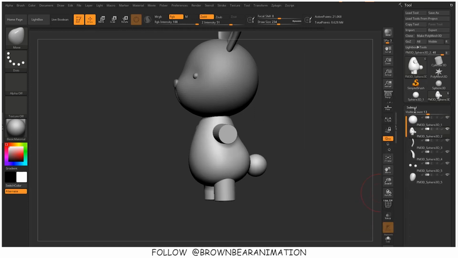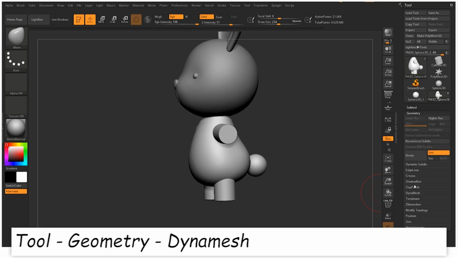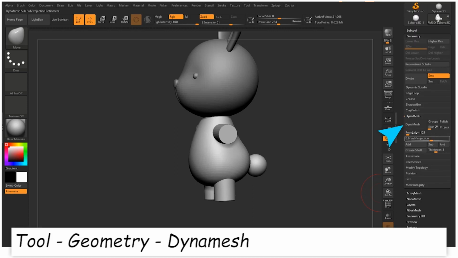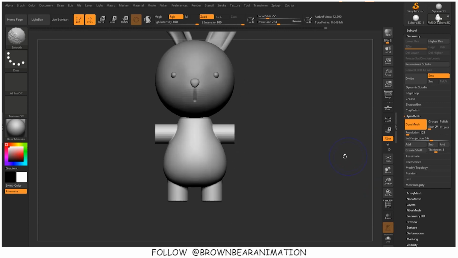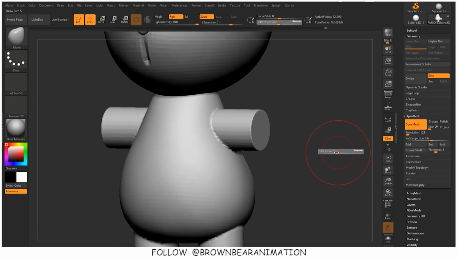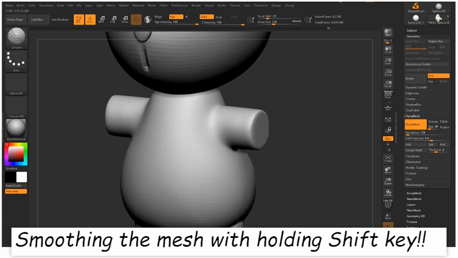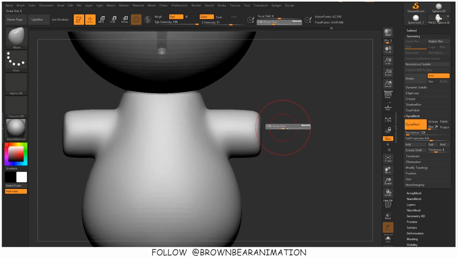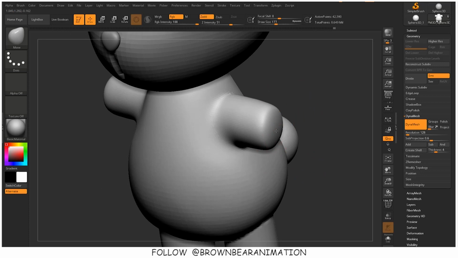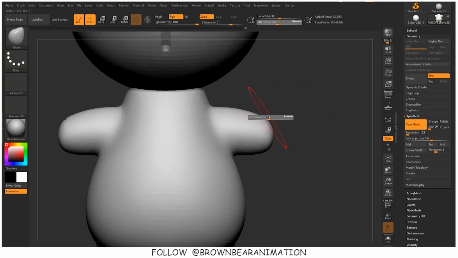You can have resolutions. If you are sculpting in Dynamesh, make sure you sculpt in low resolution first, then keep refining the forms, then go to the high resolution. Sometimes beginner artists make this mistake. Make sure to move from less detail to high detail if you are sculpting in Dynamesh.